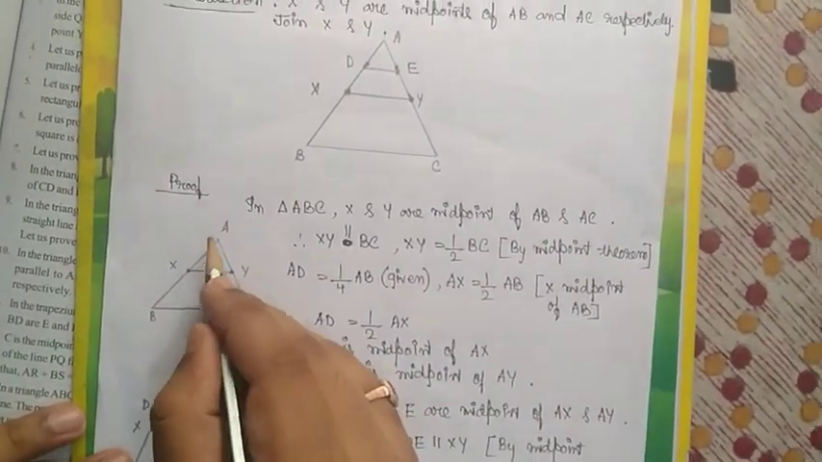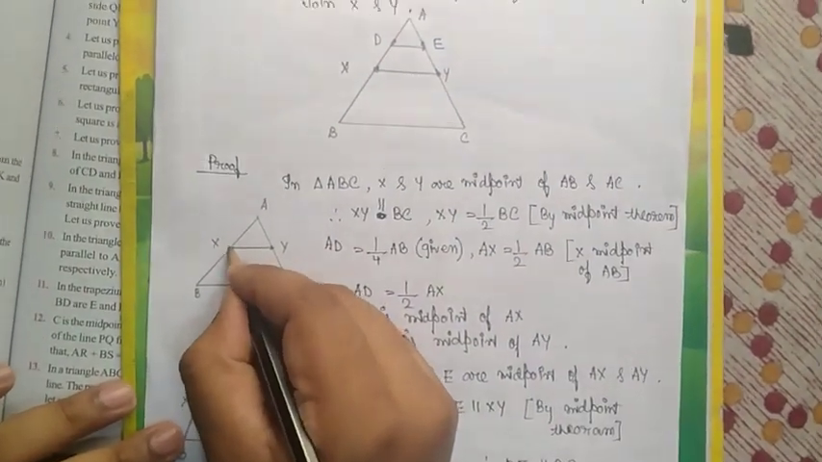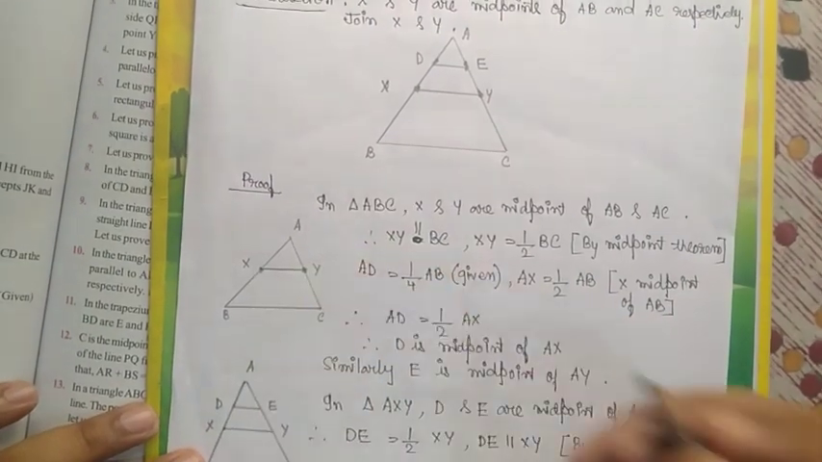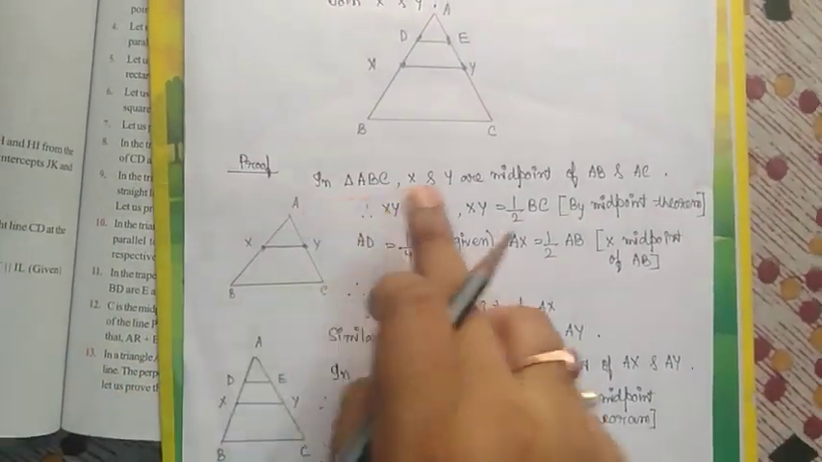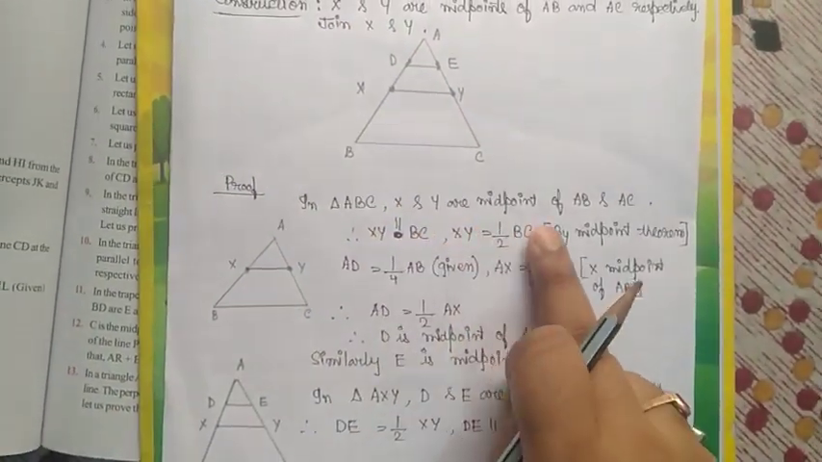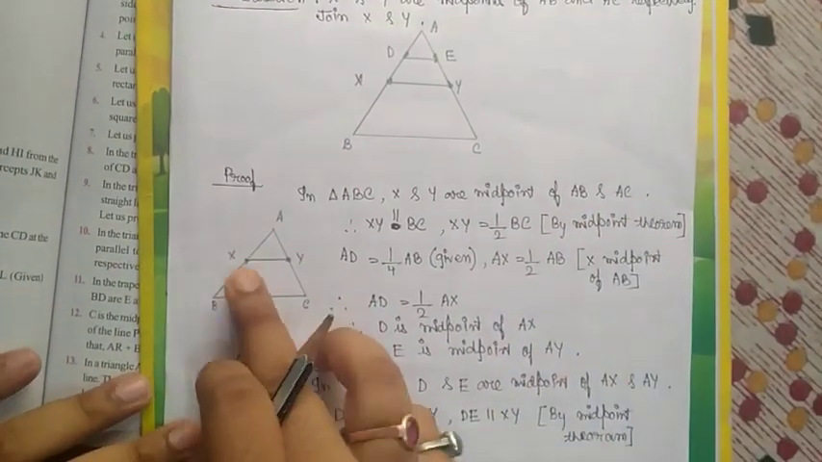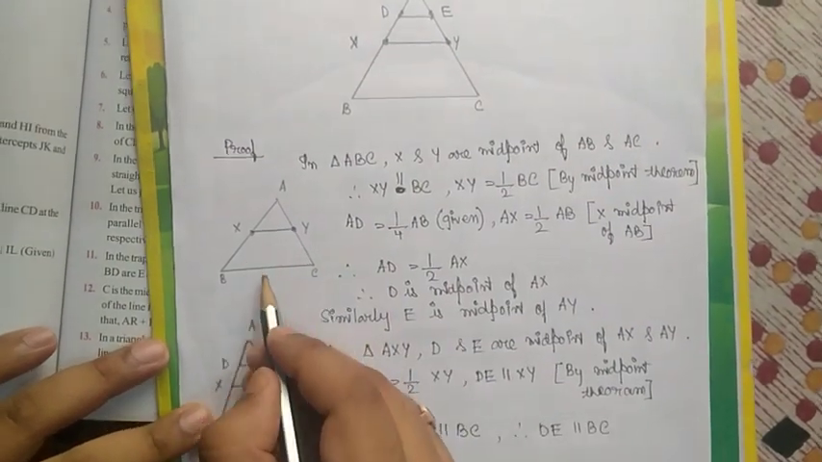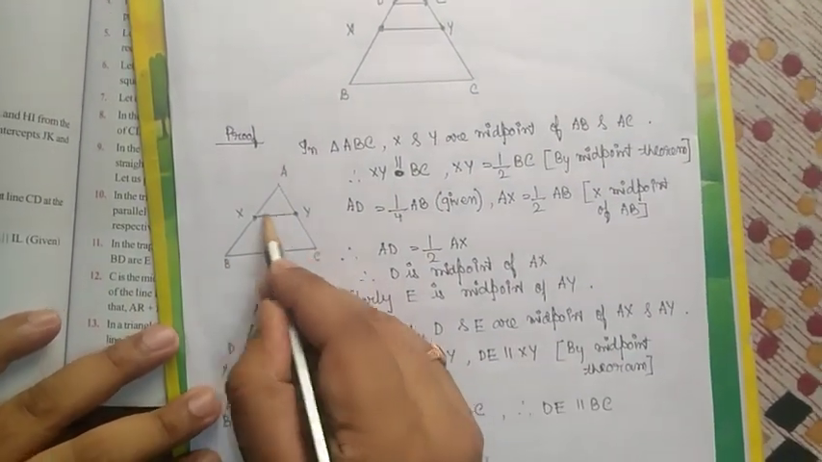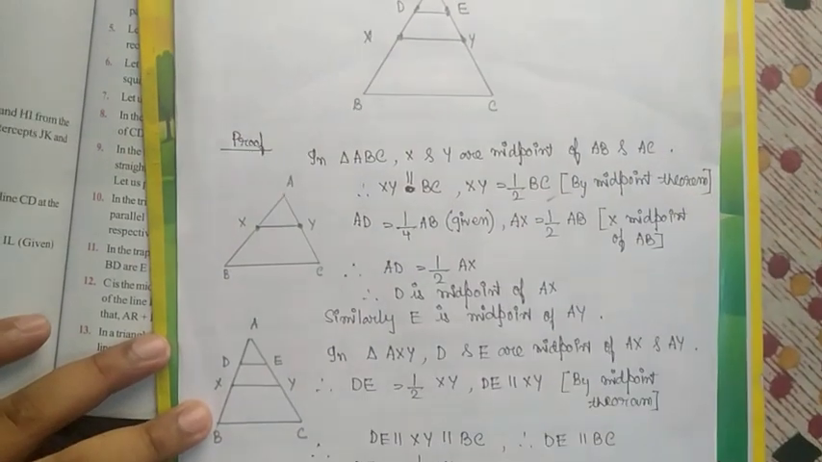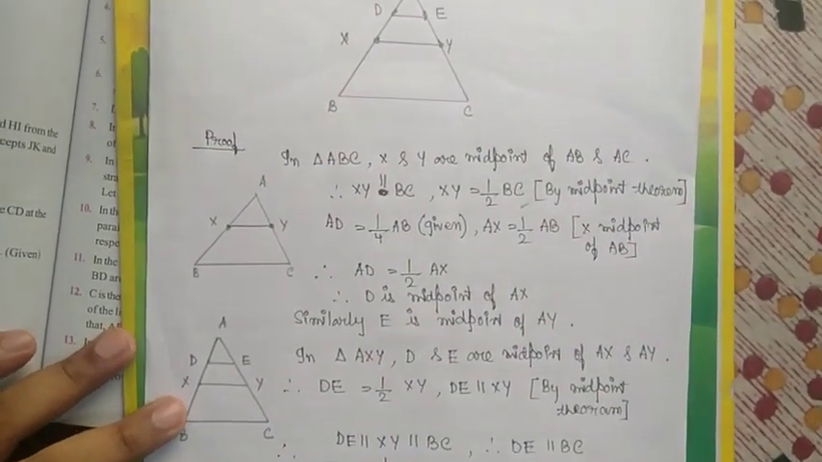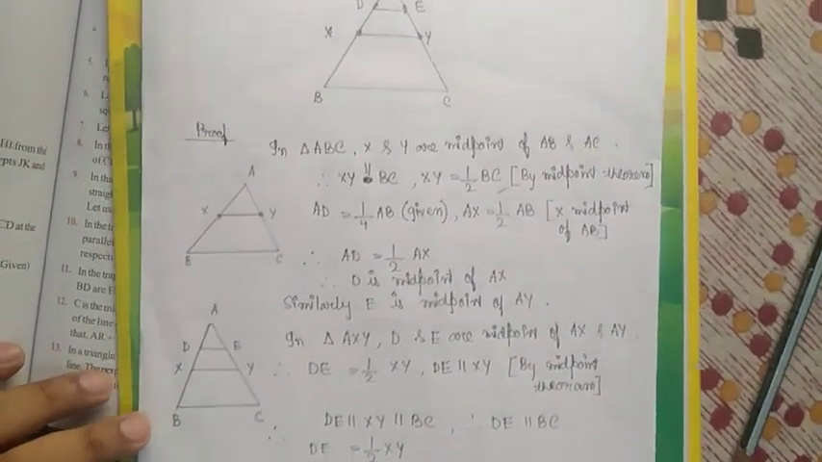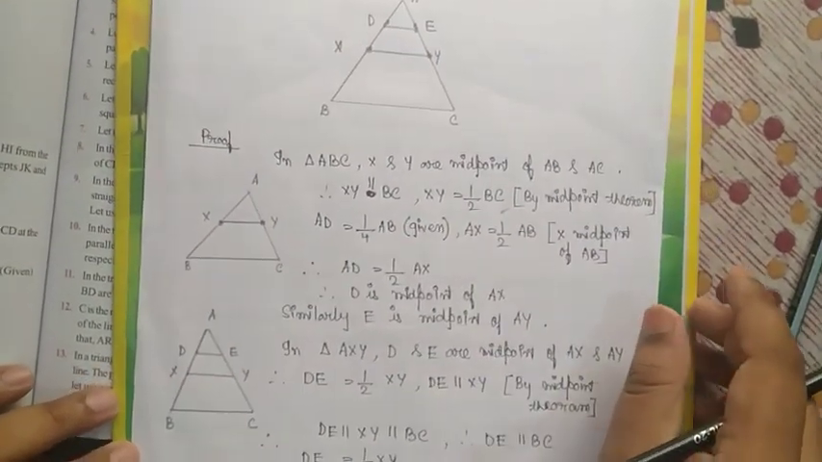So in this triangle ABC, we know that X is the midpoint of AB and Y is the midpoint of AC. So here in triangle ABC, X and Y are midpoints of AB and AC. So therefore by midpoint theorem, we can say that XY parallel to BC and XY equal to half BC. I write this, and after that we can say that